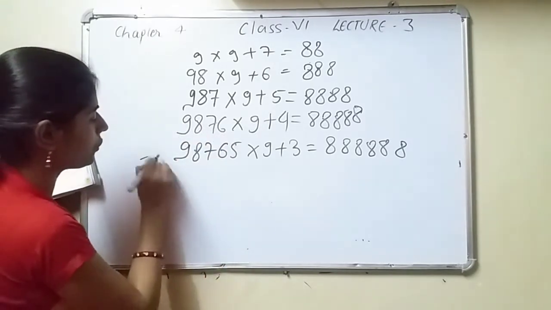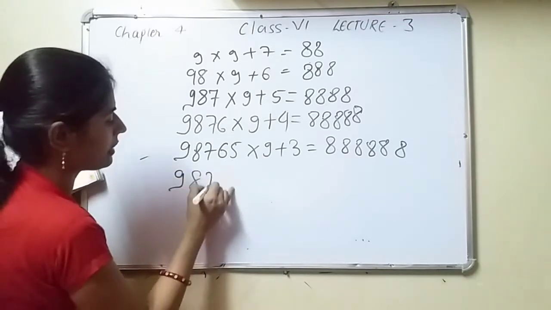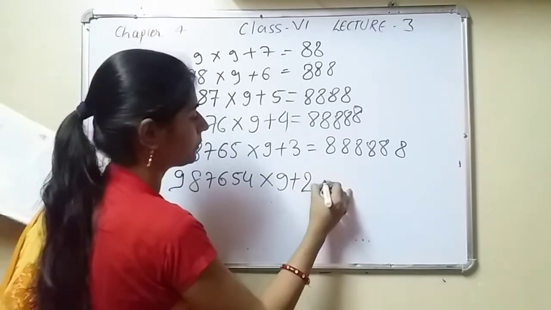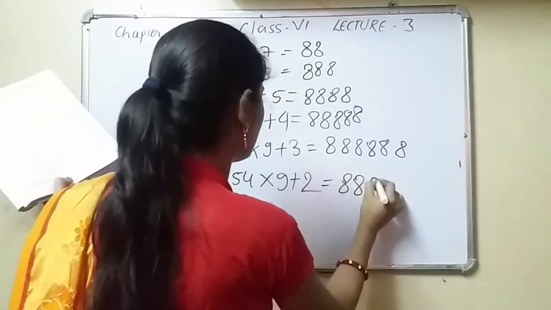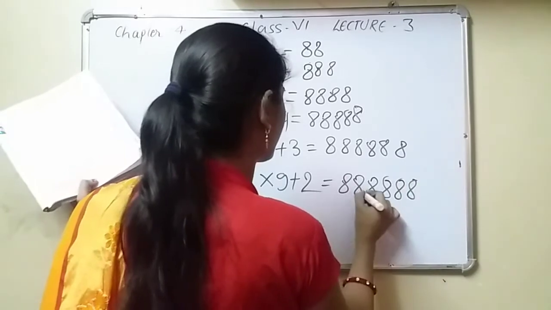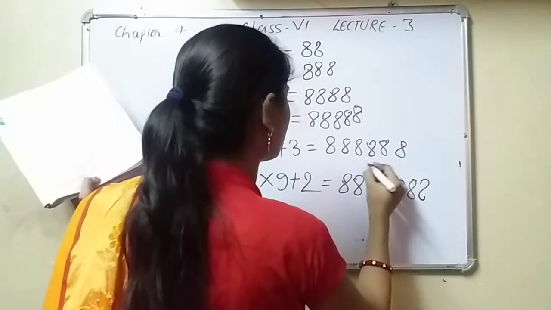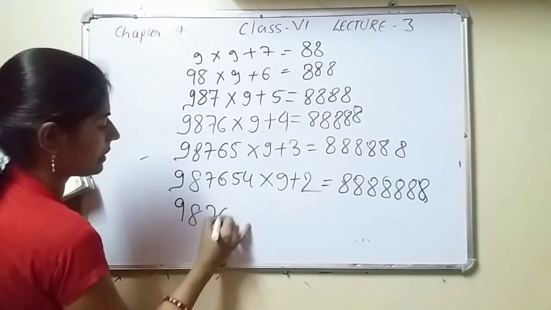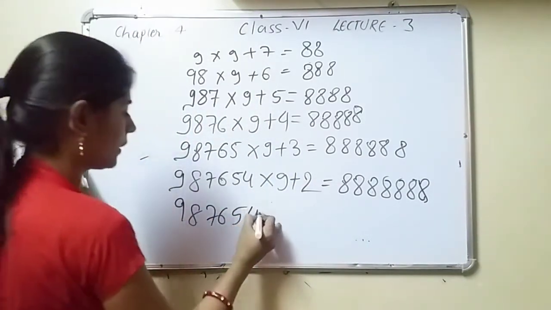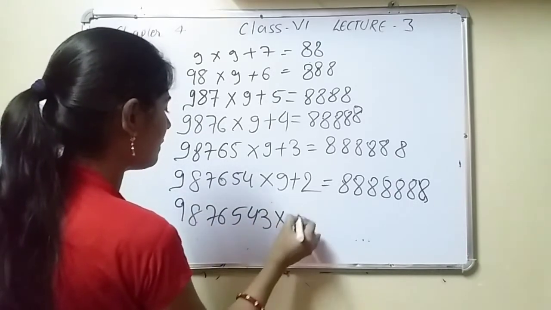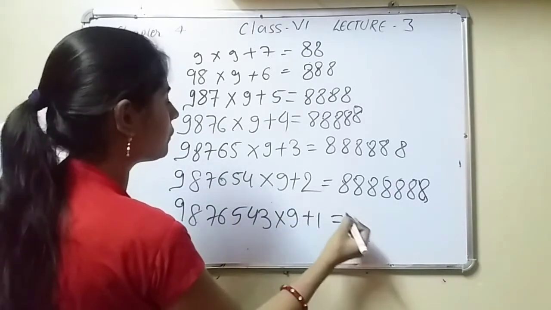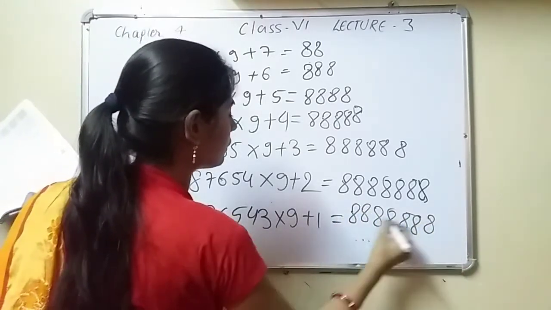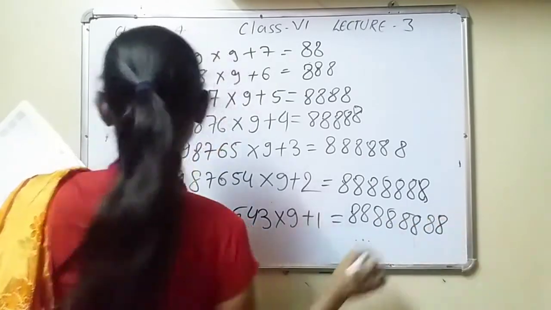You have to write the next 4 steps. 9 8 7 6 5 4 multiplied by 9 plus 2 is equal to 8888888. Now see, 9 8 7 6 5 4 3 multiplied by 9 plus 1 is equal to